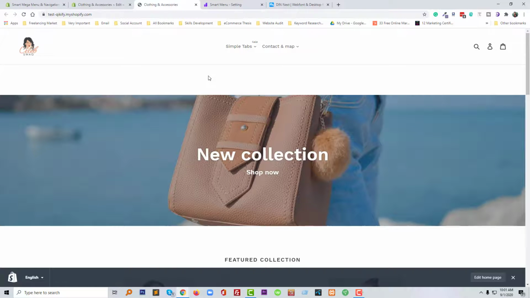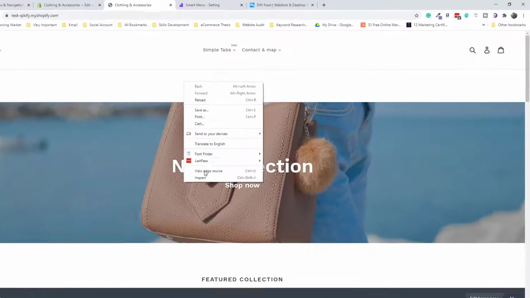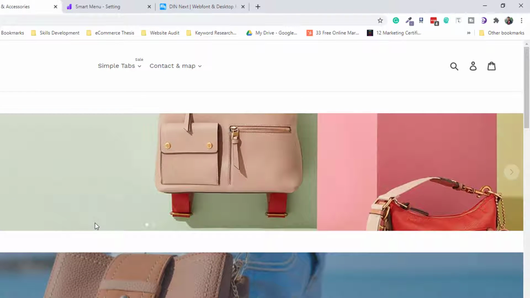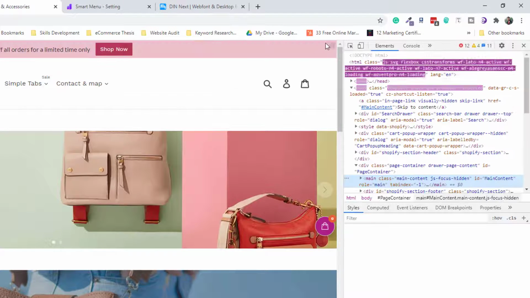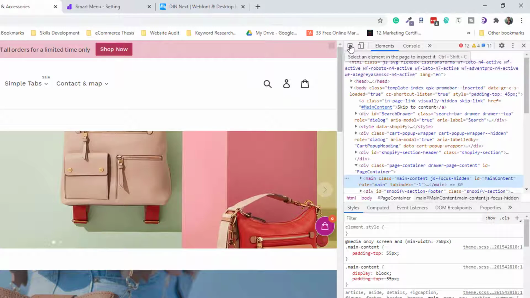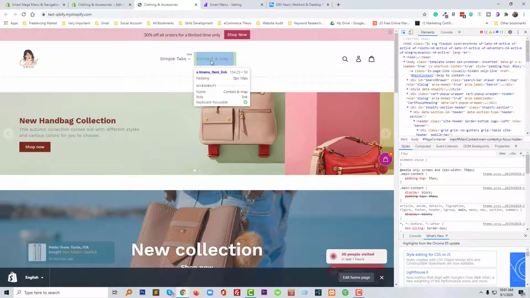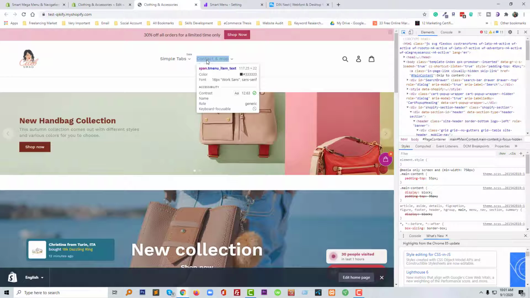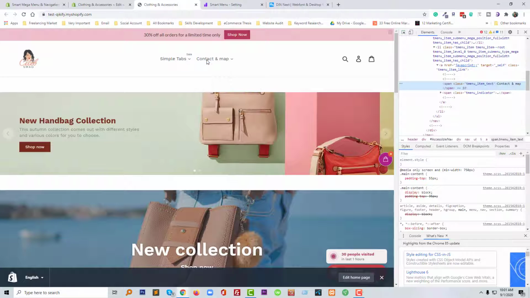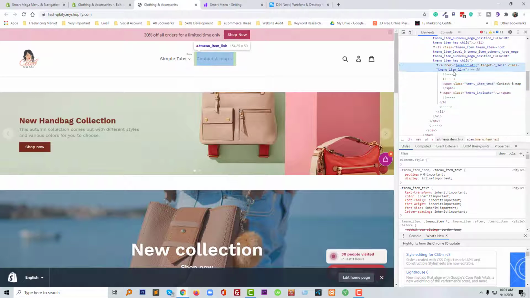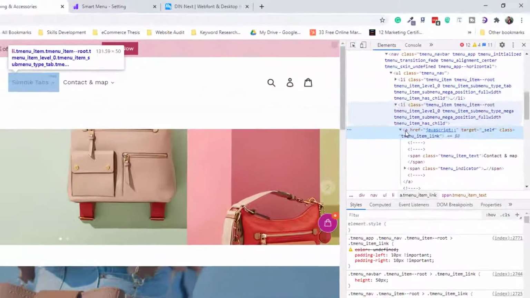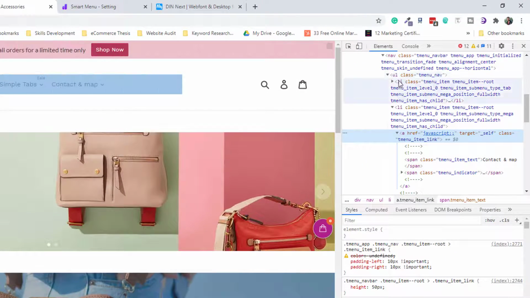As previously, click on the right button of the mouse and select inspect. Now select this icon and click on the menu ul li a, select a, then we add